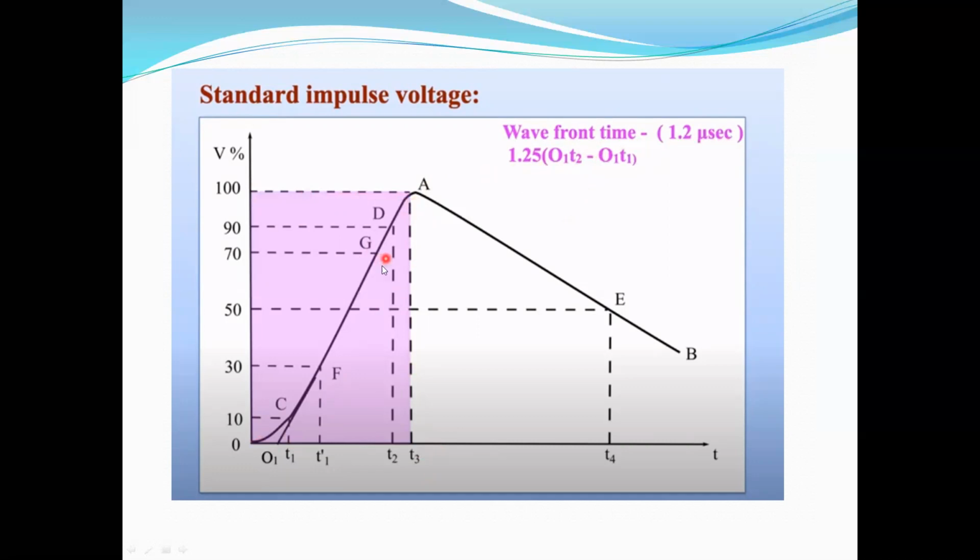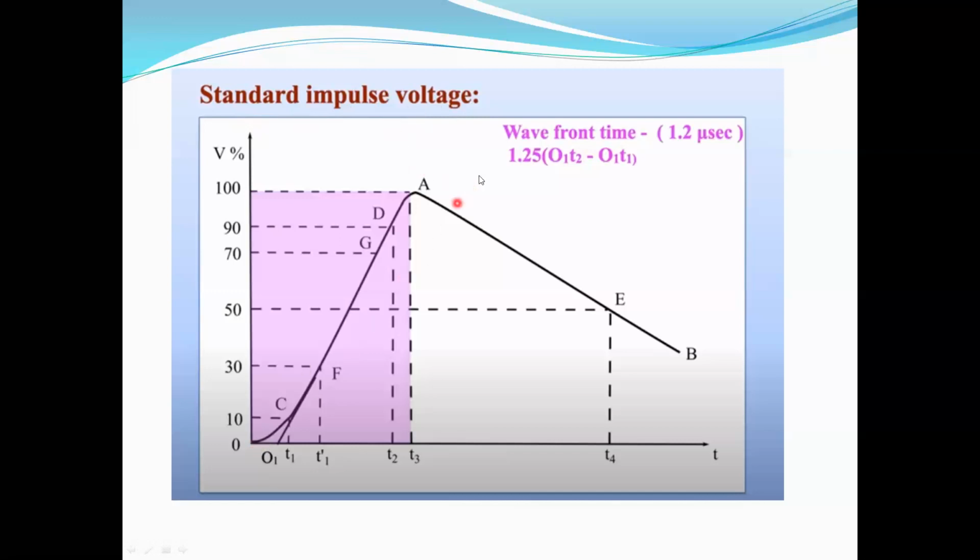Lightning and switching voltages occur during transient conditions. During the transient condition, very high voltage appears across the insulator disk. Lightning and switching surges are transient in nature, no? Lightning overvoltages and switching overvoltages are transient. That means very high voltage appears across the insulator disk within a very short time. So to test circuit breakers and insulators, we require a standard impulse voltage, to see whether they can withstand the voltage or not.